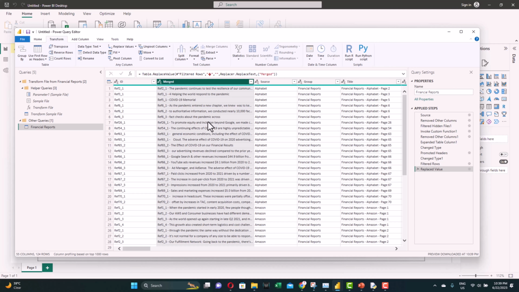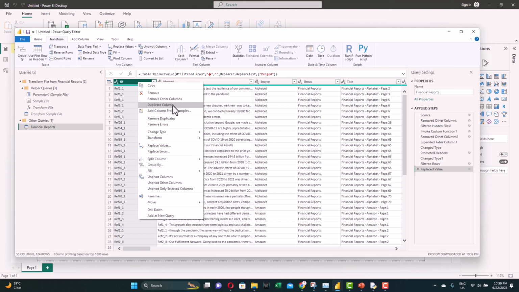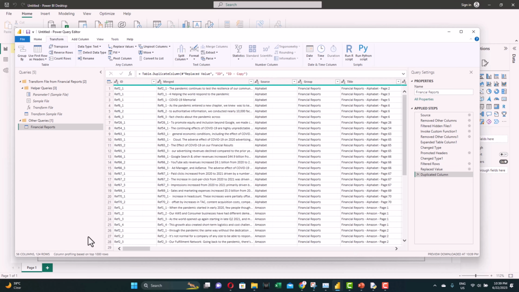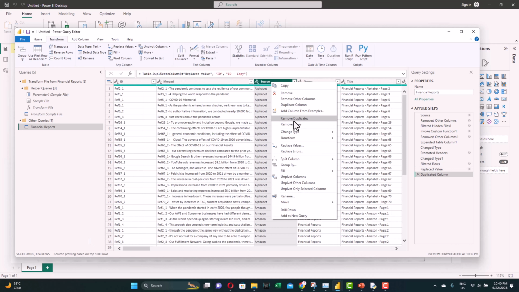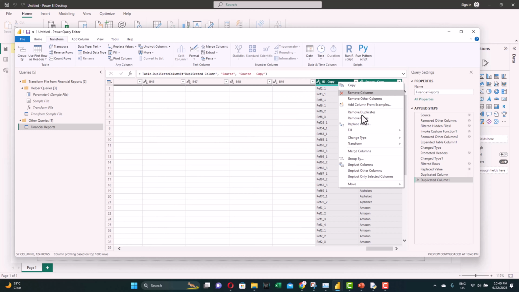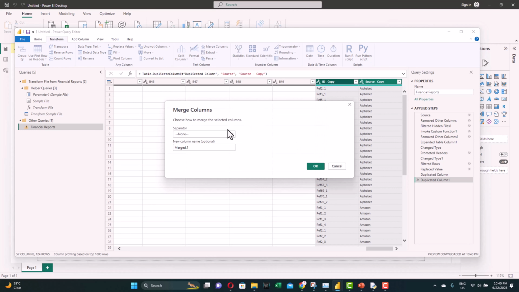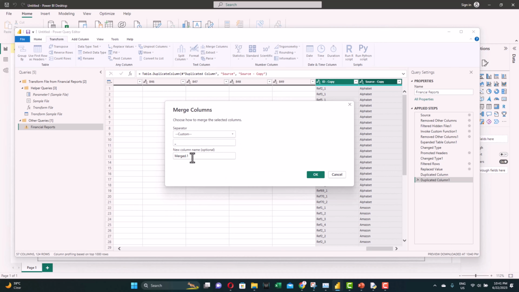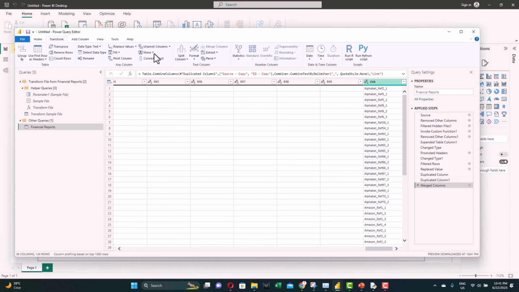We're just going to create a link that we'll use later to link with the other tables. The link we're going to use is the reference ID, and obviously the source or the file. So let's duplicate column. And from the copied columns, let's select first the source or the company name, hold the shift and the ID copy. Right click, merge columns, and we will create one custom separator. Use the underscore and give it the name link. Here we go, we have the link column.